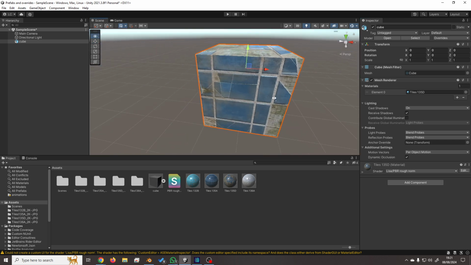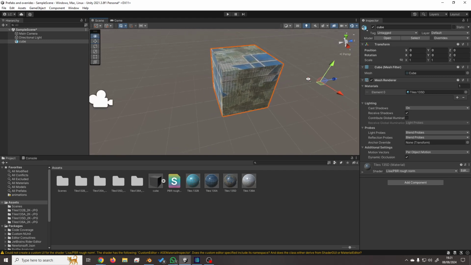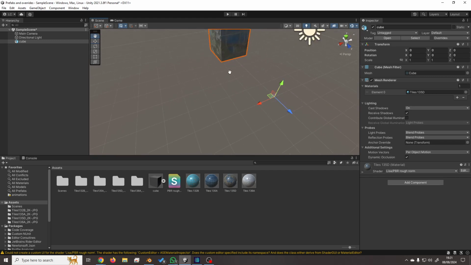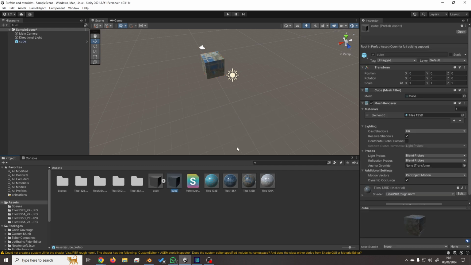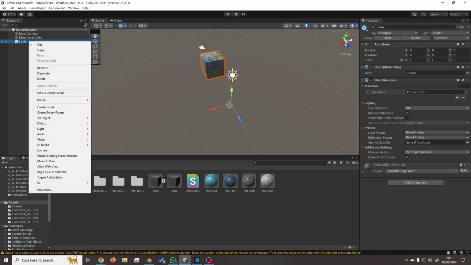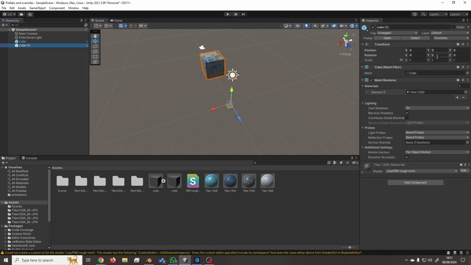And there it is. And let's just say that I want to have several of them rotated around. I mean, it doesn't have to be rotated. You could have them anywhere you liked, but I'm just going to create a prefab of it. And then we'll duplicate it. And I have no idea how many I'm going to do. Let's say 360 by 60. That'll do. And we'll just duplicate that and make it